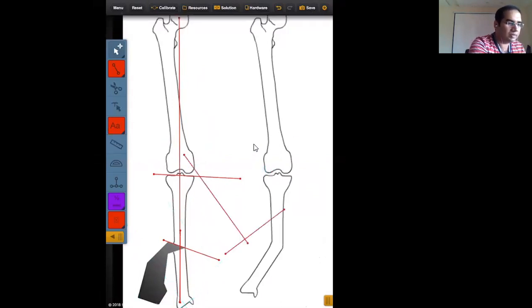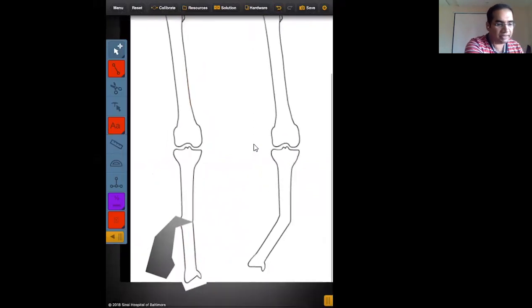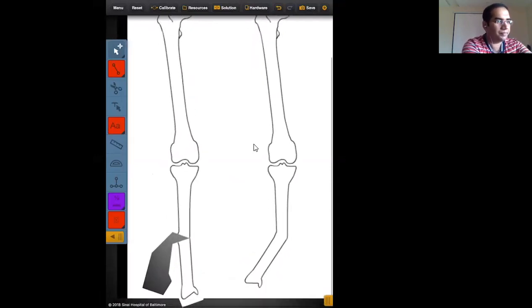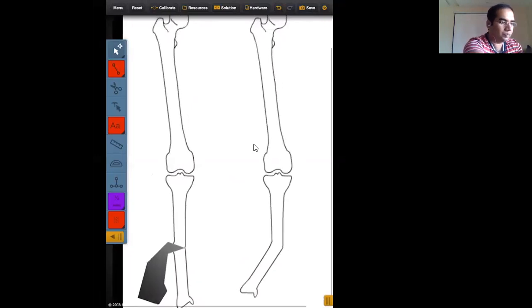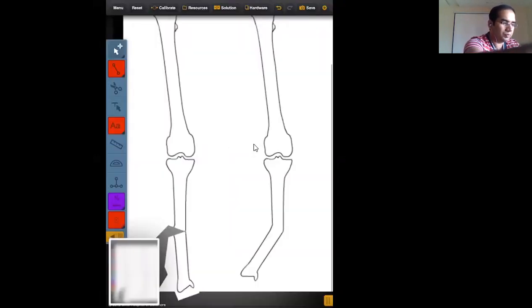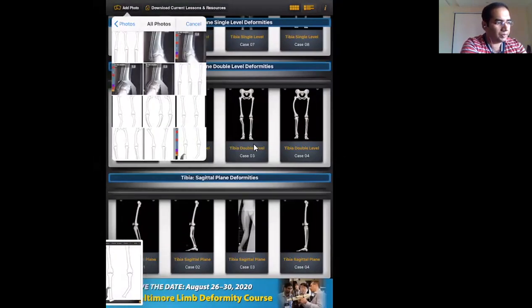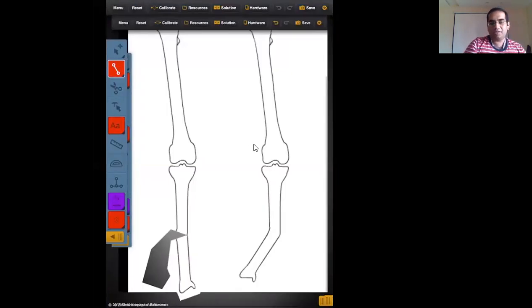Let us clear the things. I will do the planning. Now I am simply going to erase everything, and let us take this deformity as an isolated deformity. Then you will get a better understanding. Now look at it. Now this is the scenario. We have corrected the upper deformity. Now look at the ankle. It is in extreme valgus.